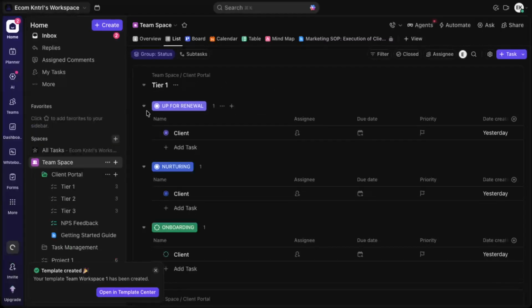ClickUp will now create a new space in your chosen workspace using that template, effectively moving your original space structure over. Once it finishes, review the new space to confirm